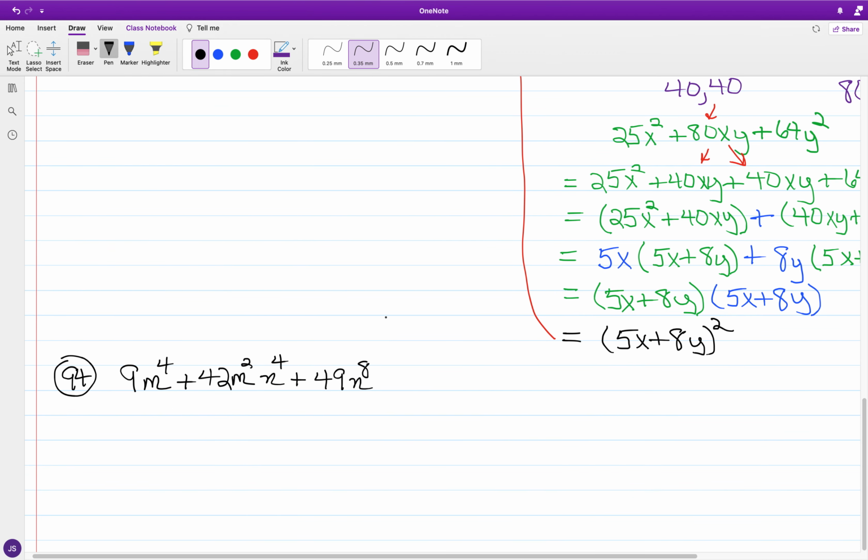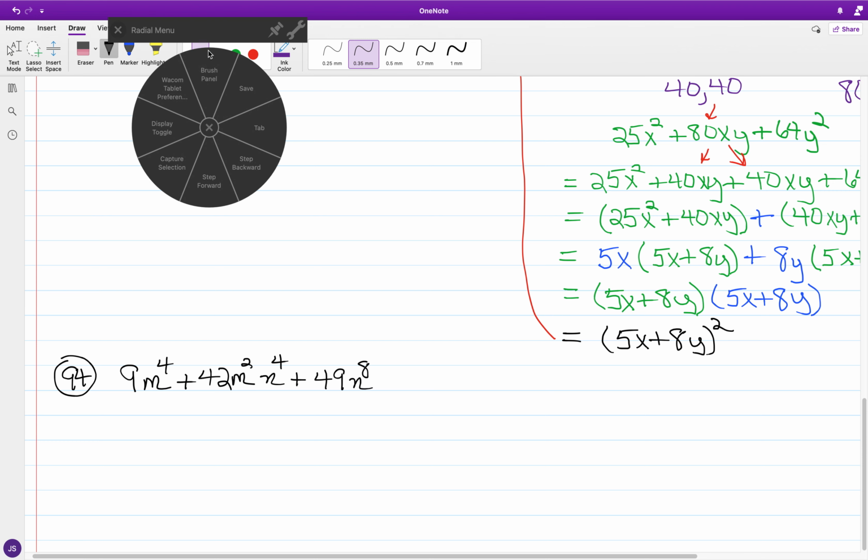And again, greatest common factor out of this trio would be just the number 1, because while we had the letters m and n involved, m is present only in the first two terms, and n is only with the second and last terms. Okay, so there's no common variable factor throughout. And again, for 9, 42, and 49, greatest common factor is only 1. Okay, and so if we look at this trinomial, now we can factor